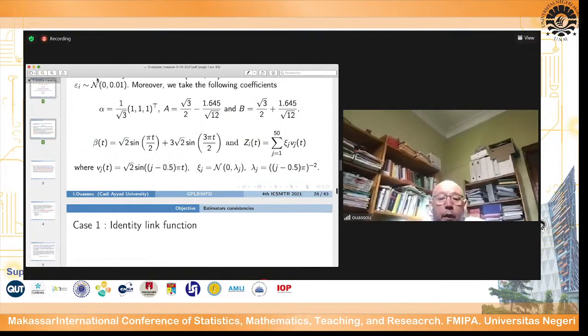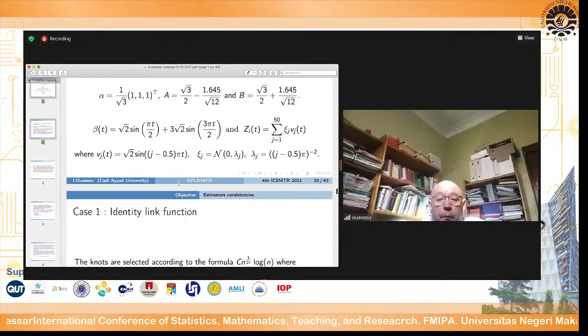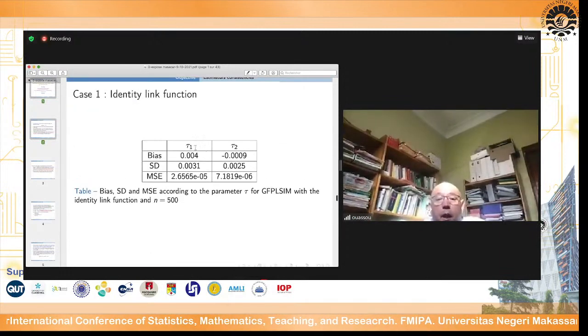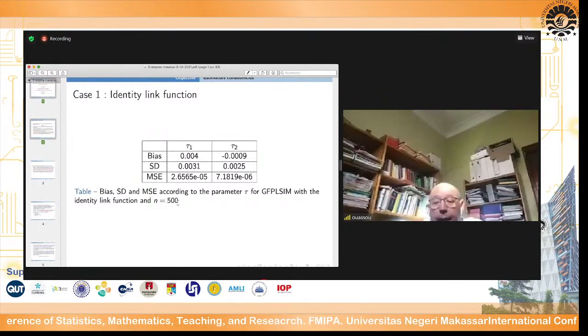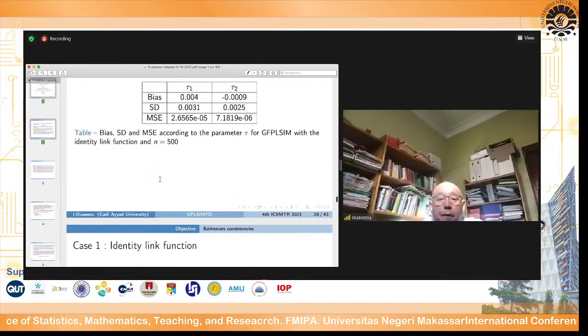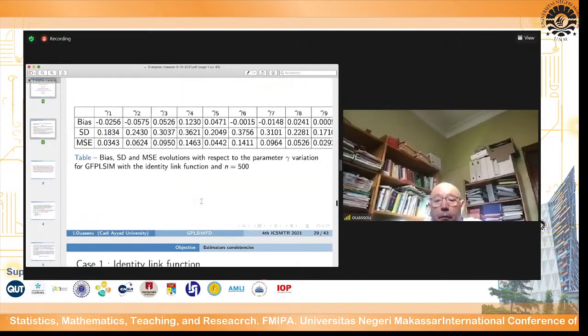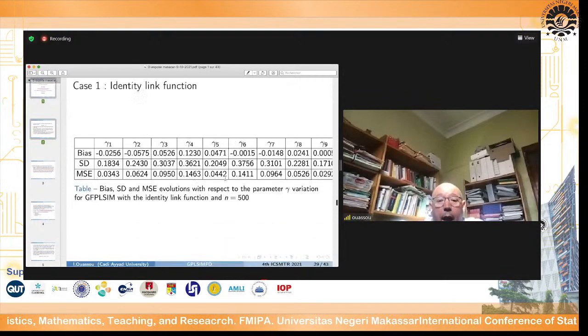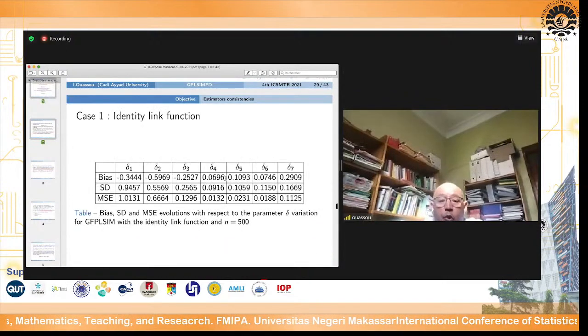give you some one result. Now, for eta, for example, for delta, you have the bias, the standard deviation and the mean squared error, for n equal to 10, and we give the same for gamma and for delta. And for conclusion,